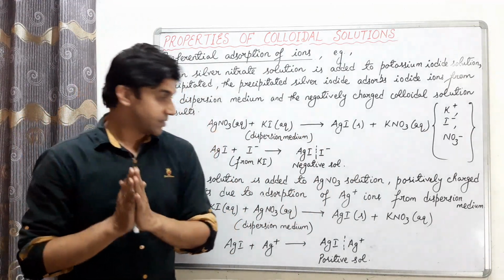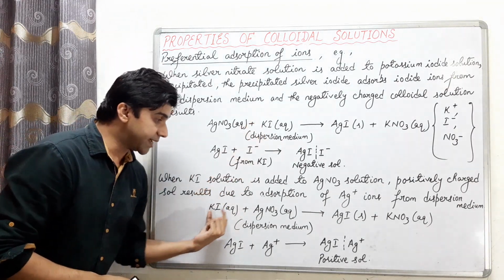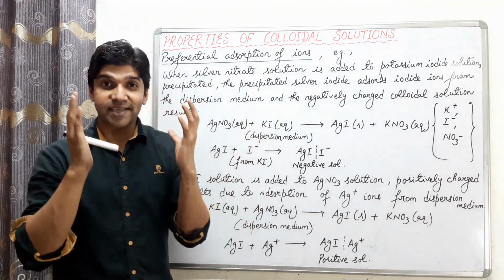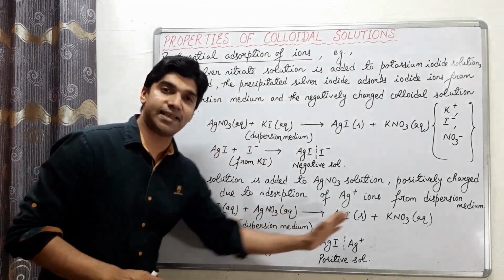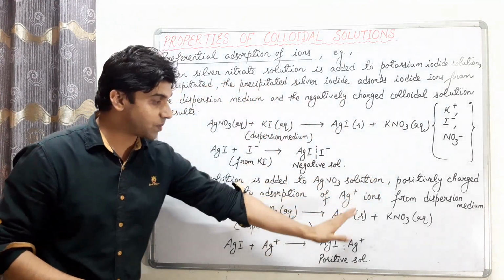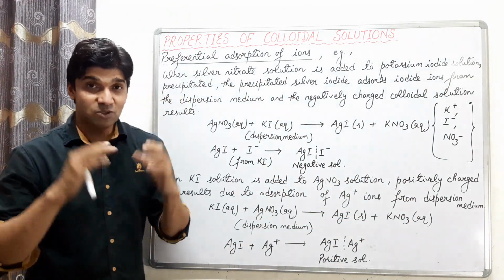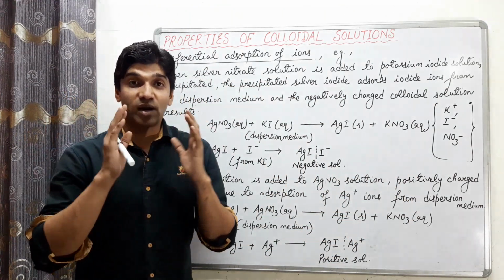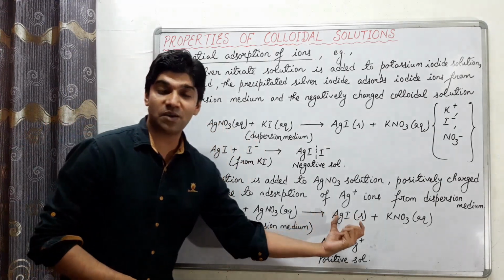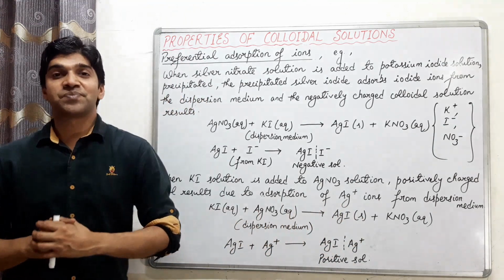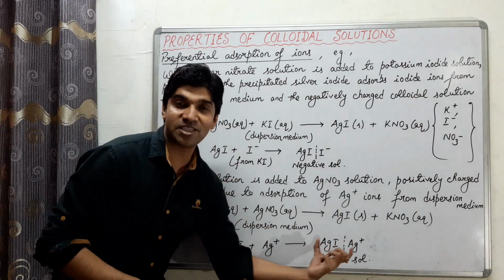Okay, clear है? अब रिवर्स करते हैं. Now we add potassium iodide into silver nitrate. So in this case, silver nitrate is the dispersion medium. बनना वही सेम है. We have formation of yellow PPT of silver iodide and aqueous solution of potassium nitrate. So in this case, when we prepare the colloidal solution by shaking the freshly prepared PPT, कौन सा silver iodide, with the dispersion medium, so we have formation of which sol? We have formation of positively charged sol.